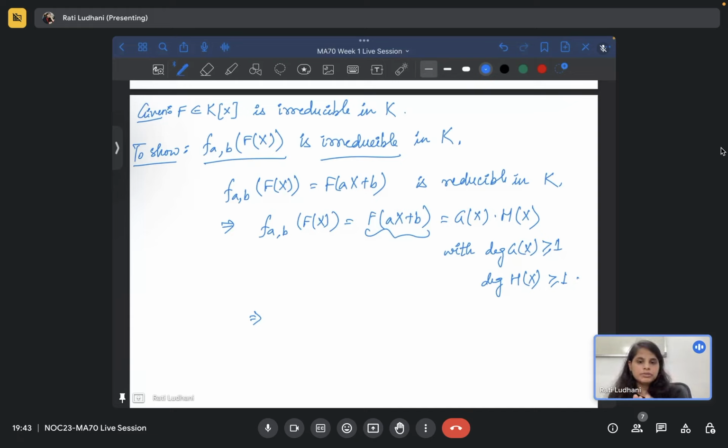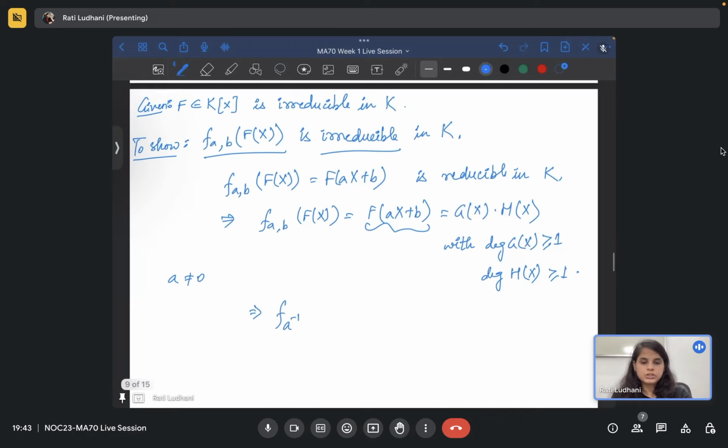now you know that since a is not equal to 0, from the first question you have this map with an inverse. So you have an isomorphism and an inverse of f_{a,b}, the map. So you have this, minus b a inverse. If you apply this here, you can do that because it's just a map. So you just apply it here. What will you get? You will get f_{a inverse, minus b a inverse}